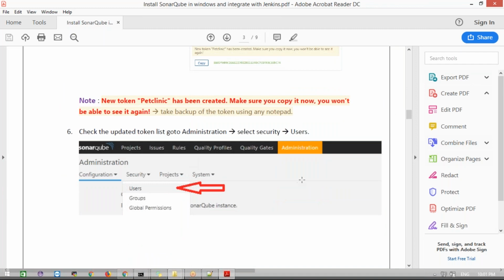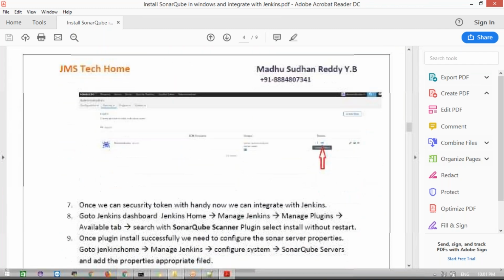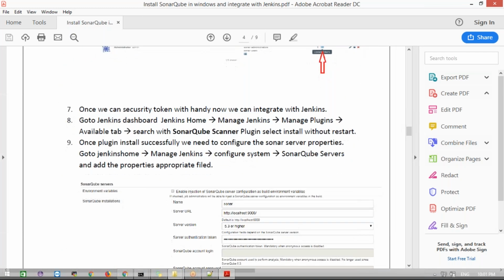I have given very nice documentation, so go through this. We installed the Sonar scanner from the Manage Jenkins page. That is done. Now where do we need to go for adding this? Now go to Configure System. I'm going to do these steps now.